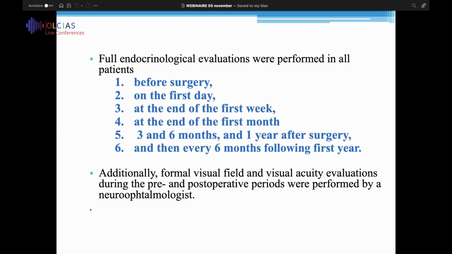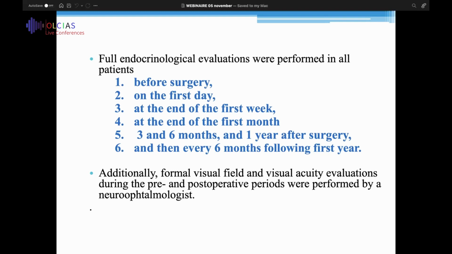Next slide, please. For the clinical evaluation, a full endocrinological evaluation was performed in all the patients. This was done before surgery, on the first day, at the end of the first week, at the end of the first month, 3 and 6 months later, and also 1 year after the surgery, and then every 6 months following the first year. Additionally, formal visual field and visual acuity evaluation during the pre and post-operative period were performed